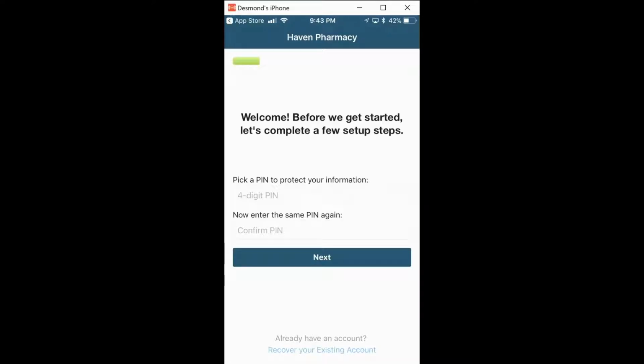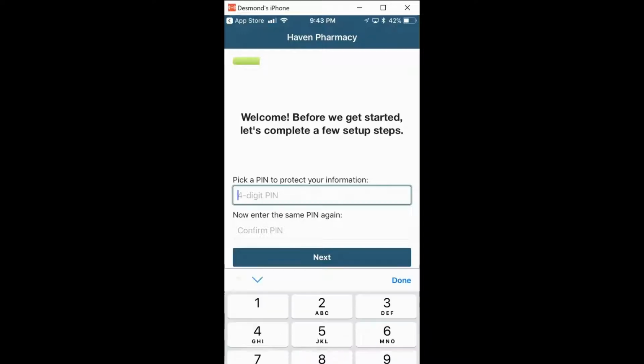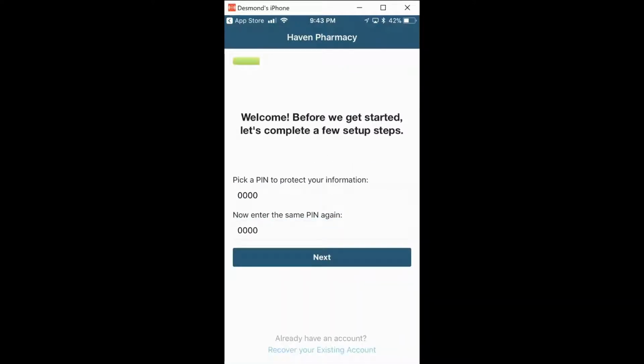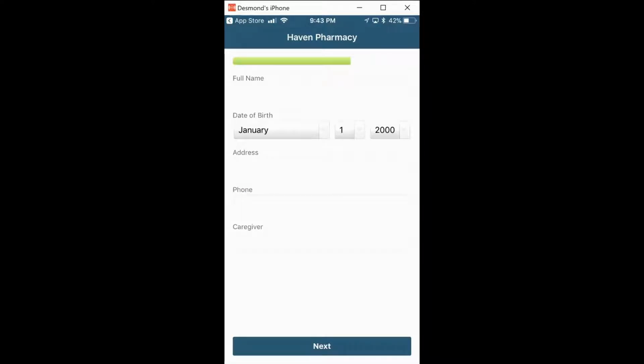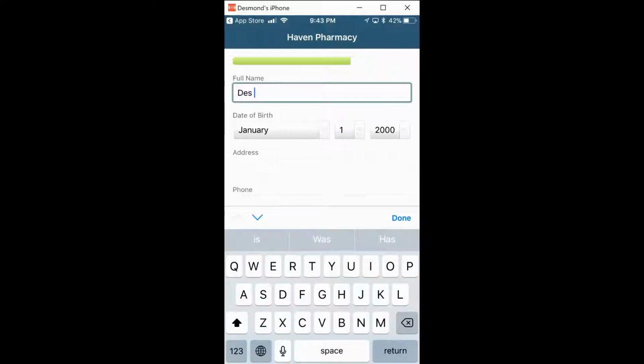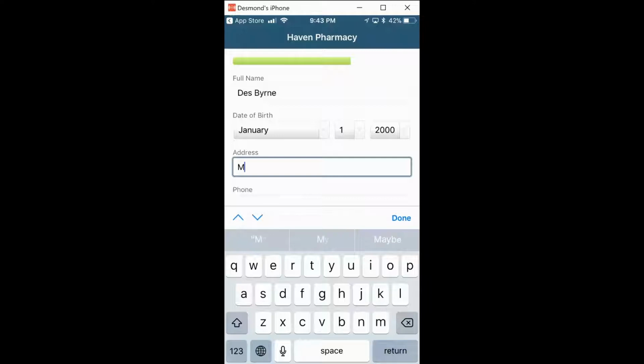There's a couple of things that the patient is going to have to do, and the app will walk them through this. The first thing to do is to enter a PIN to protect their information. I'm just going to put in a PIN number here and confirm the PIN number. Press next. It's then going to ask me to enter a patient in, so I'm going to put in my own name here, and leave that date of birth and put in an address,